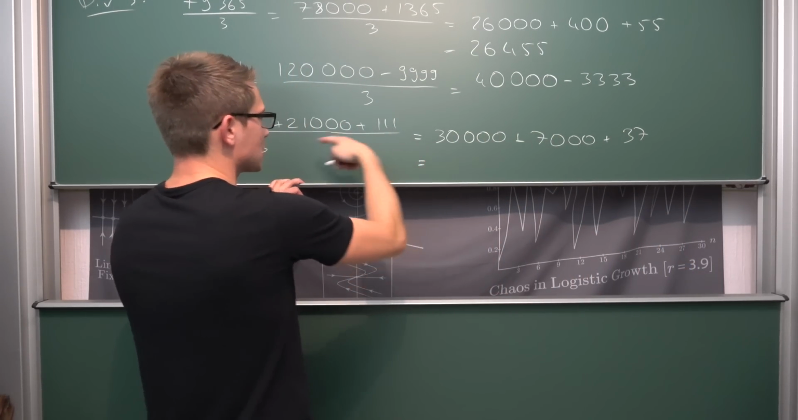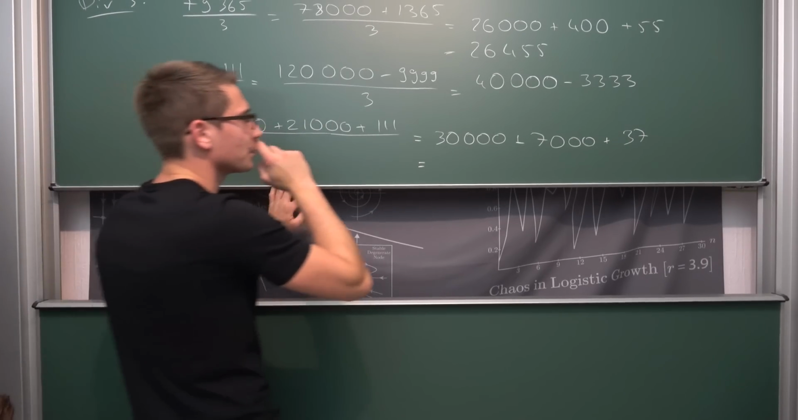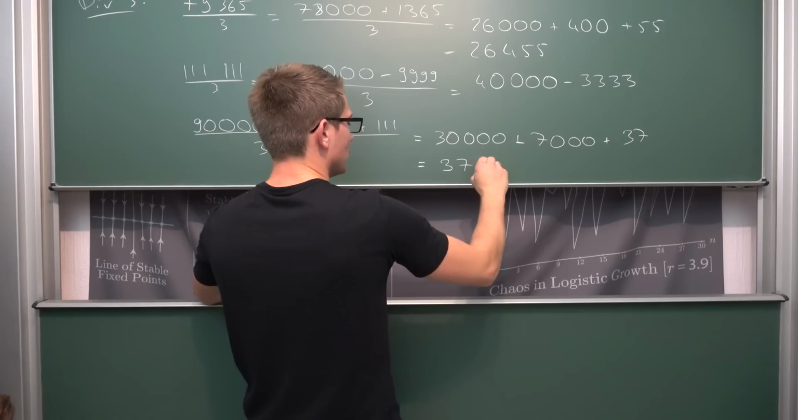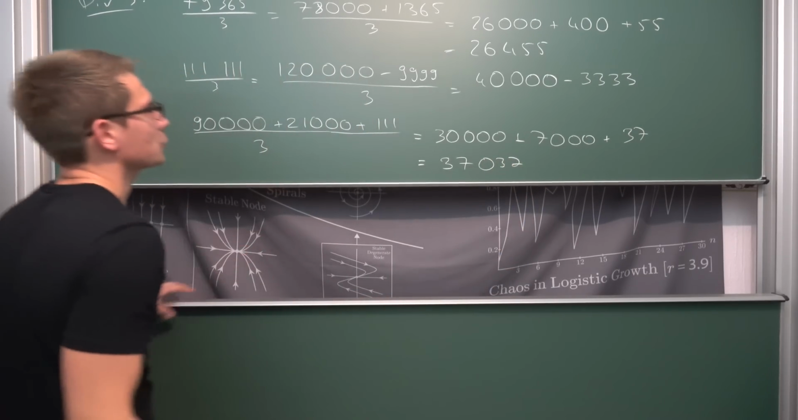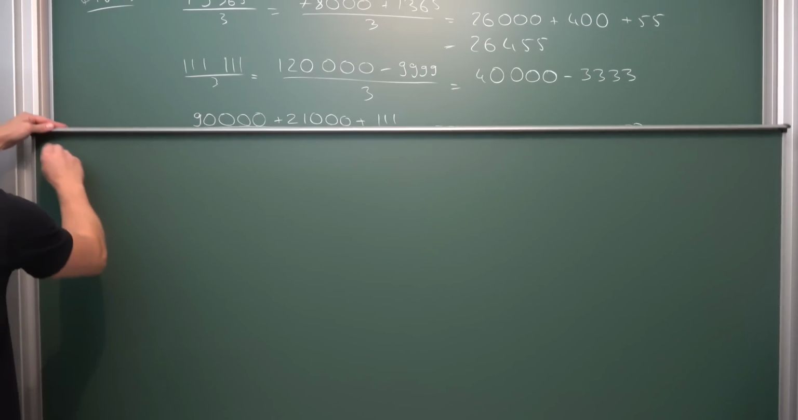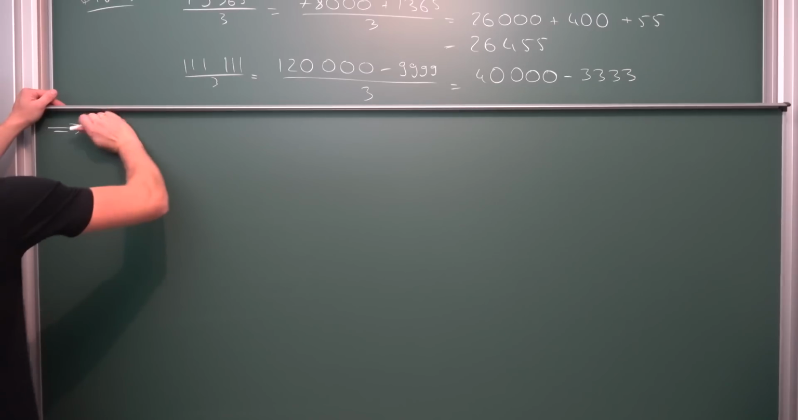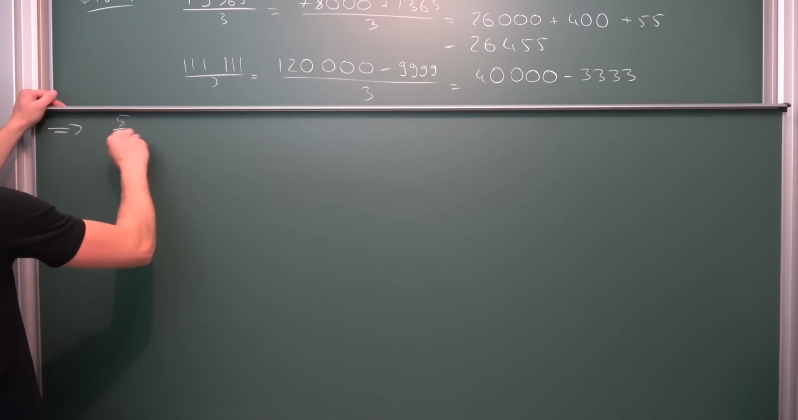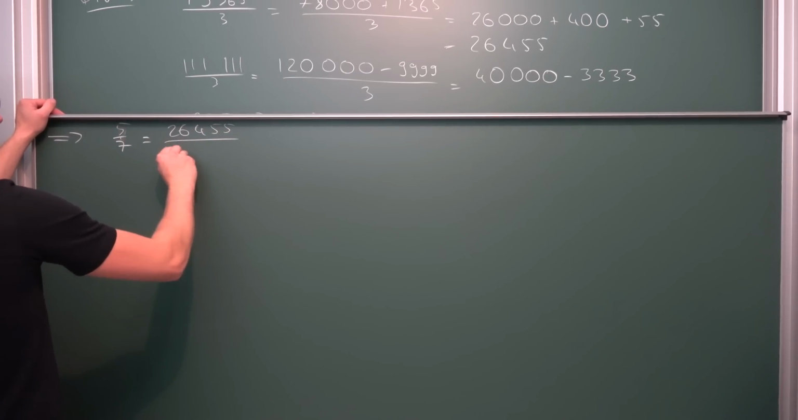Okay, that was definitely easier than subtraction. I think I did something wrong up there. 37,037. That is quite interesting. So what we got right now is, after dividing everything, we are going to end up with 5/7 being equal to 26,455 divided by